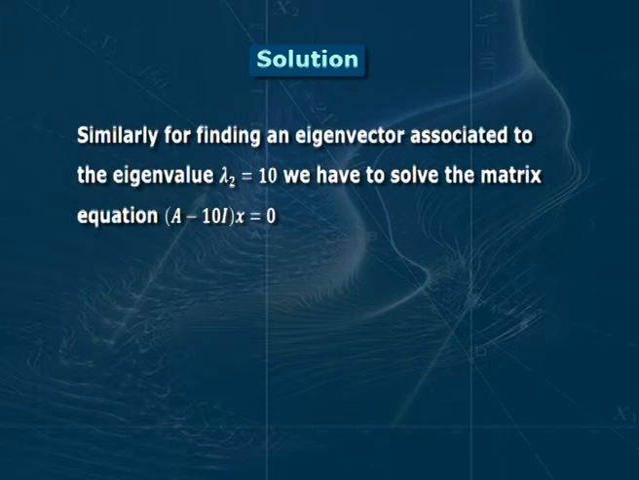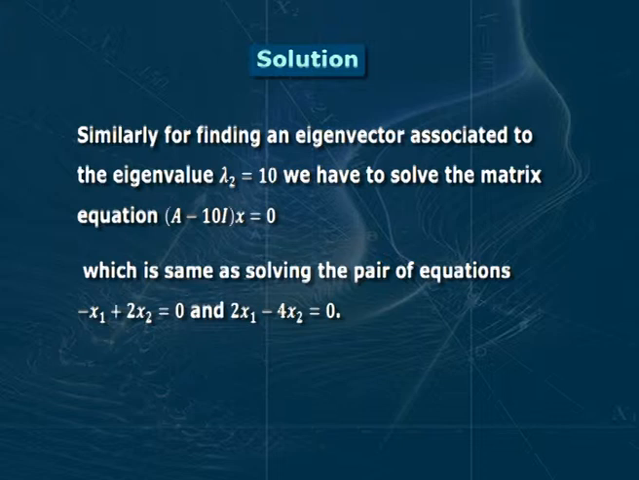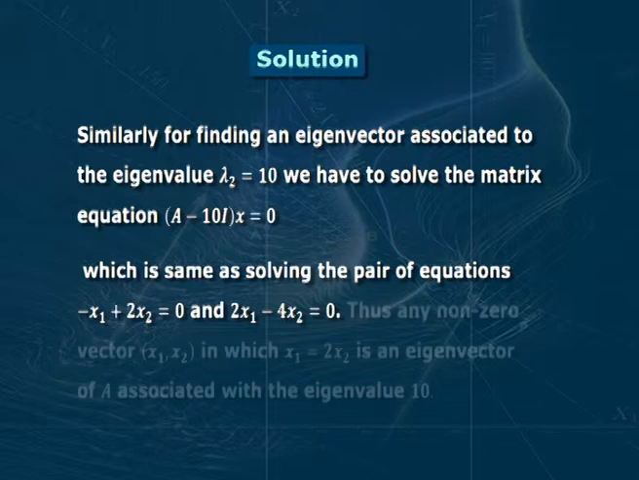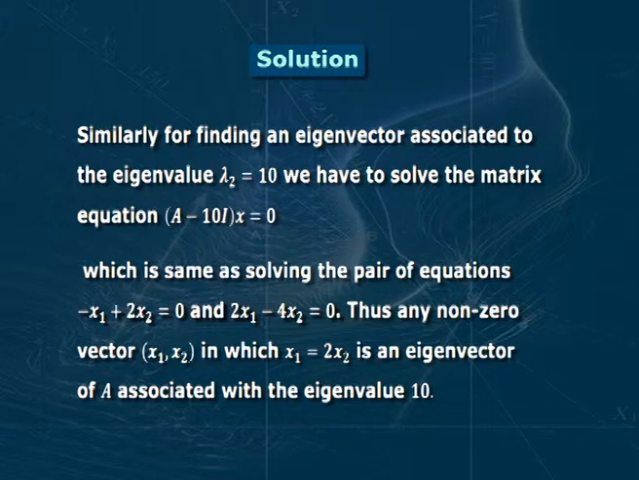Similarly, for finding an eigenvector associated to the eigenvalue lambda 2 equal to 10, we have to solve the matrix equation (A minus 10I) x equal to 0, which is the same as solving the pair of equations minus x1 plus 2x2 equal to 0 and 2x1 minus 4x2 equal to 0. Thus, any non-zero vector (x1, x2) in which x1 is equal to 2x2 is an eigenvector of A associated with